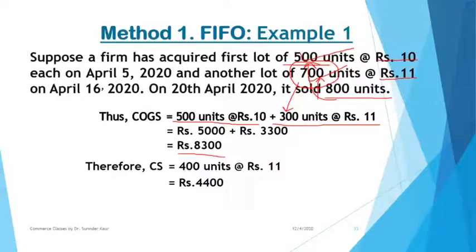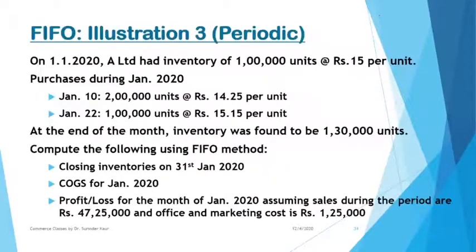But when we are following a flow of inventories, it is better and easier to follow the flow, right? So from the flow itself, we know that 500 is vanished. Out of 700 units, 300 units have been sold, so 400 is automatically left. So closing stock should be measured at 400 into 11 rather than going into the complete formula, isn't it? So now we can extend this to some bigger problems. Now let us see this in an illustration.